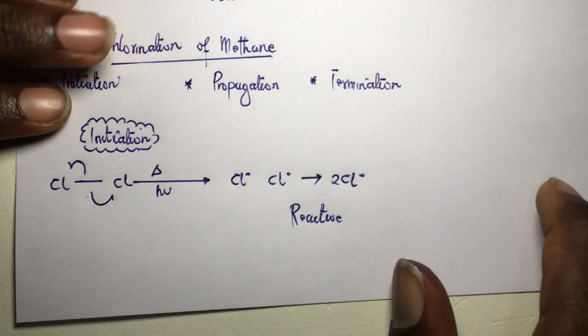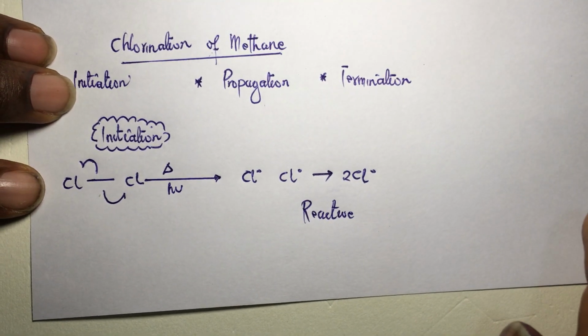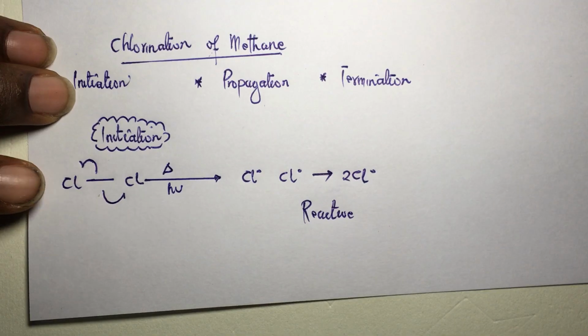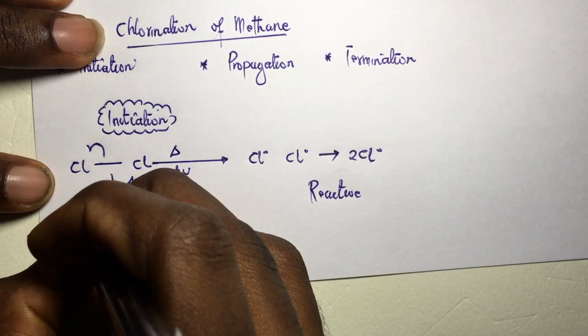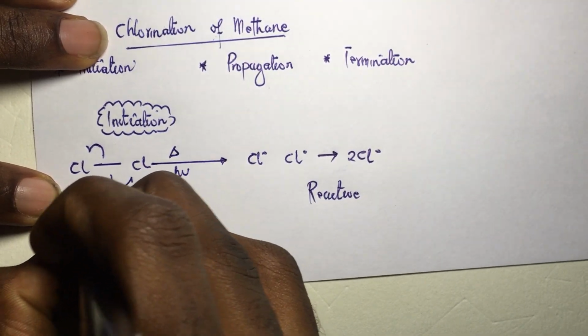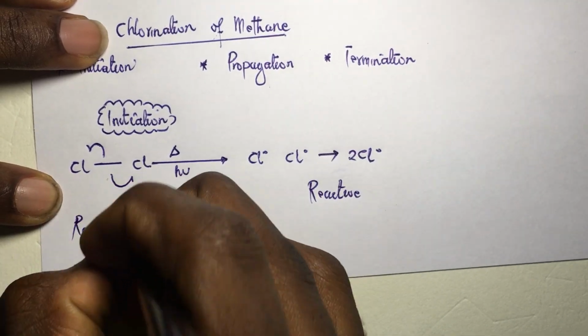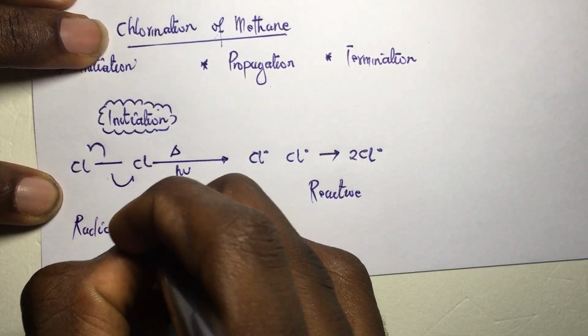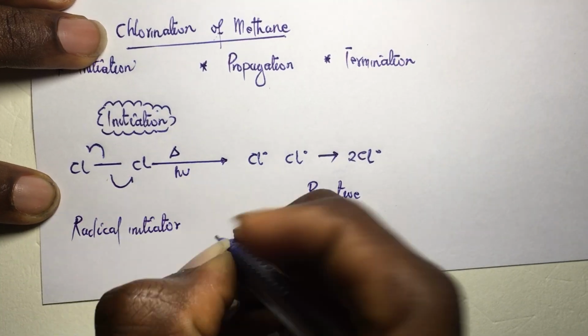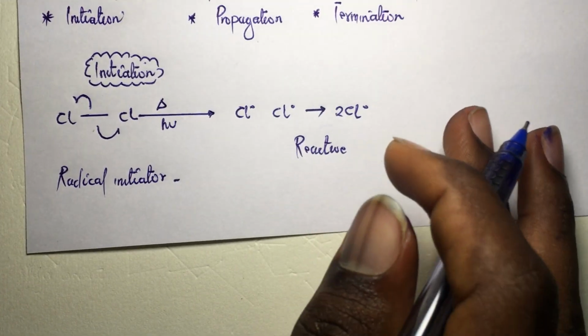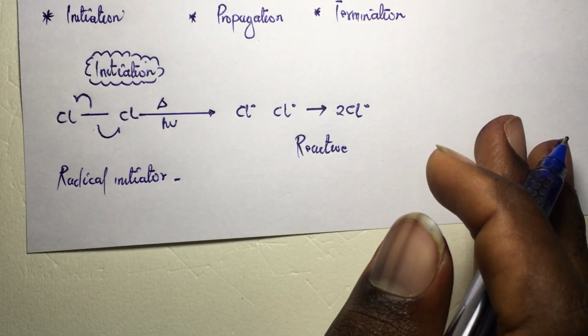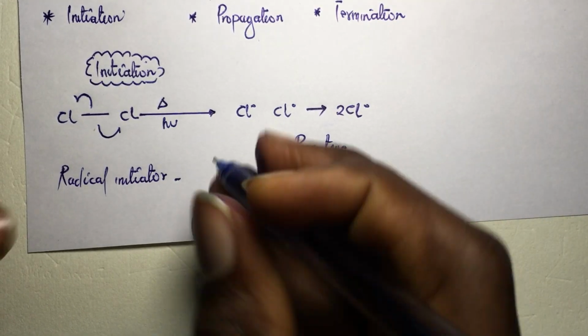And remember, to generate radicals we have something called radical initiators. One of the most common radical initiators that we usually use is AIBN, and the AIBN is the same thing as the